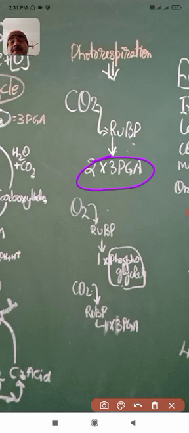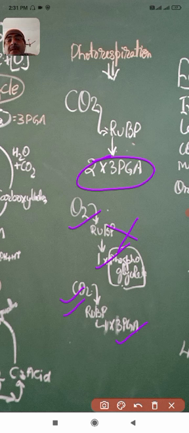But if the carbon dioxide concentration is low, if the CO2 is low and oxygen is comparatively equivalent to the CO2, then this RuBP gets combined with the oxygen and formation of 1-phosphoglycolate and 1,3-PGA. Simultaneously, these two compounds will be formed, which results in the wastage of the formation of 3-PGA, because it cannot produce food. It cannot produce food because the cycle will be incomplete. And this phenomenon is called photorespiration.